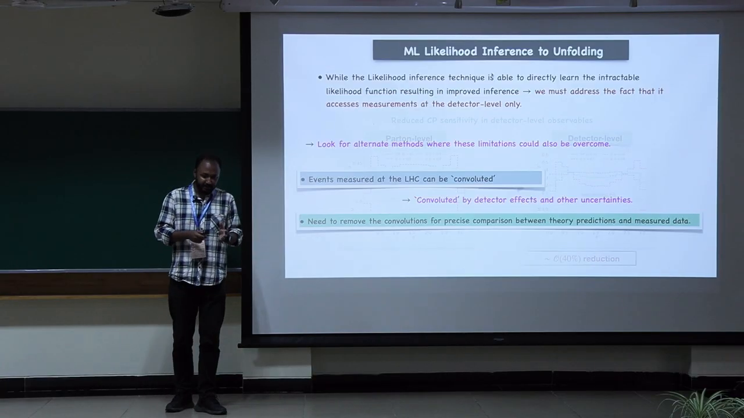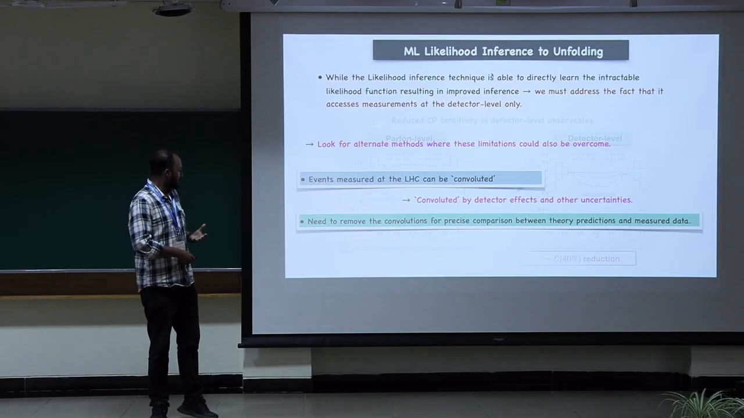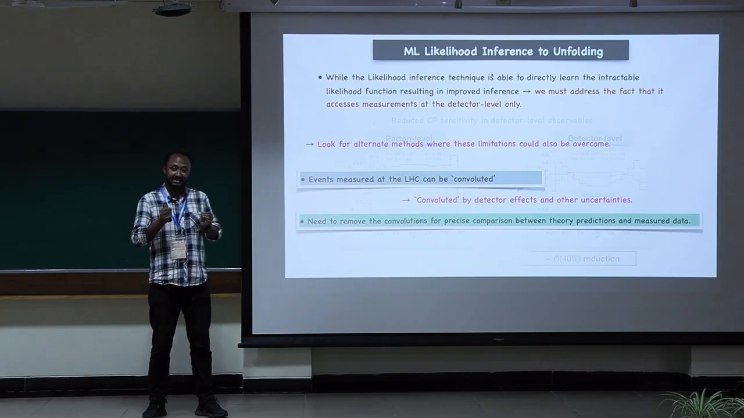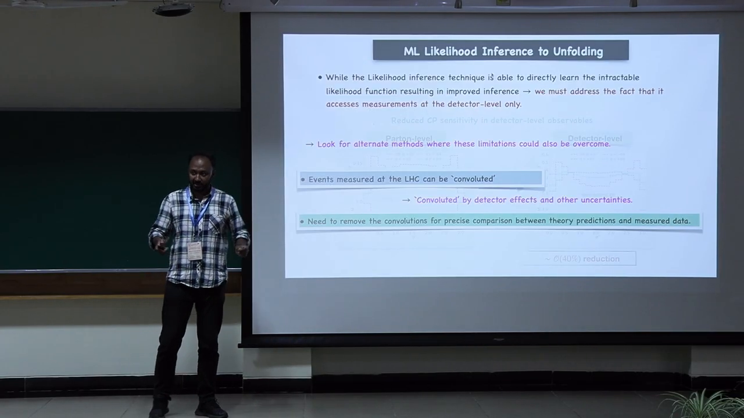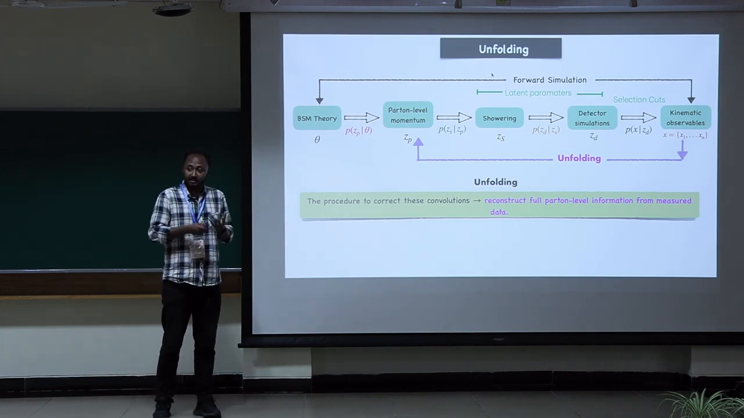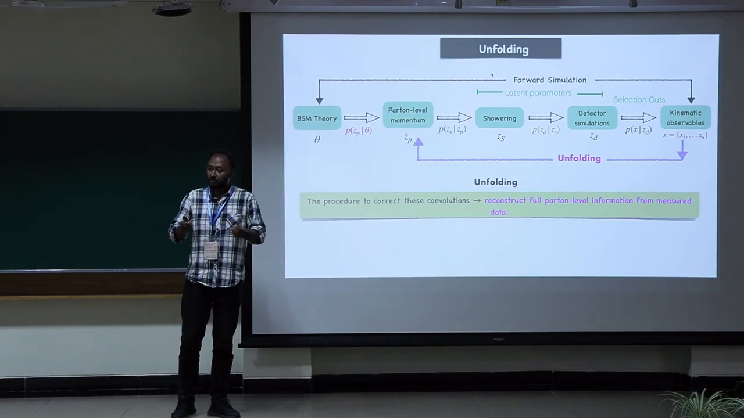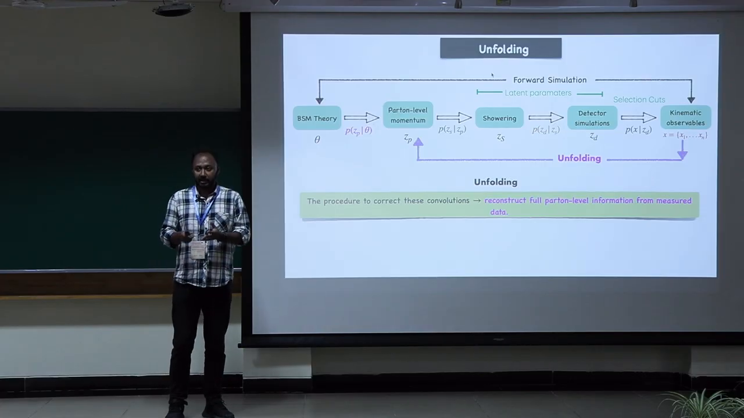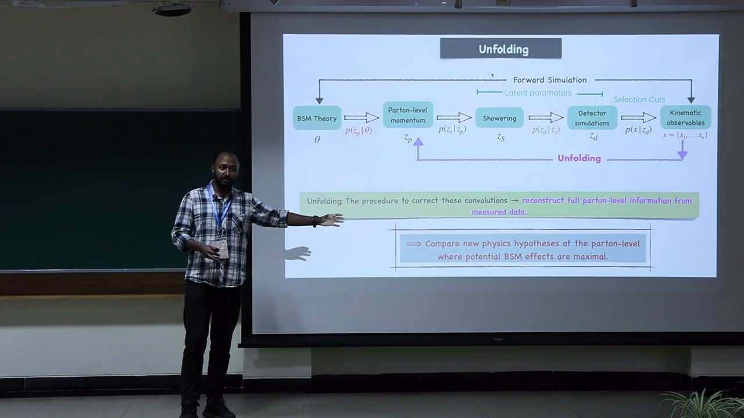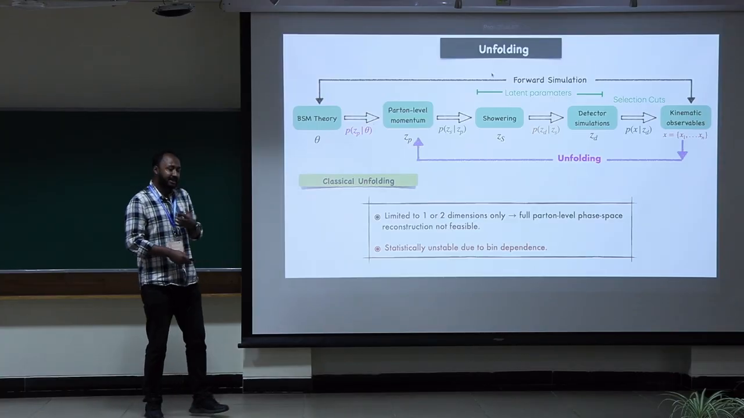And likewise, the events that are typically measured at the LHC are also convoluted by detector effects and by other uncertainties. So there is a need to remove these convolutions in order to perform a precise comparison between theoretical predictions and the measured data. And this brings us to the idea of unfolding, which is basically a procedure to correct these convolutions. So unfolding allows us to reconstruct the full parton level phase space from the measured data, or from the detector level data, thus allowing us to compare new physics hypotheses right at the parton level where the new physics effects are expected to be maximum. So various different classical unfolding